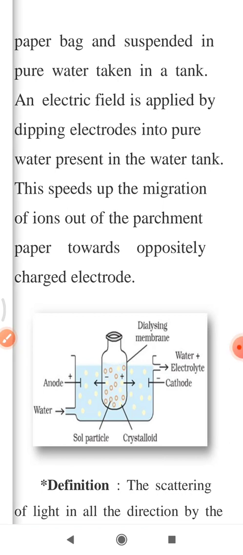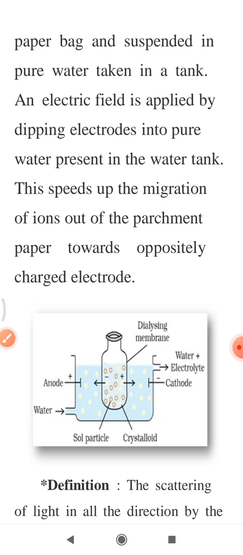So what we have to do? The salt will be taken in a parchment paper bag and it will be suspended in pure water, and an electric field is applied by dipping the electrodes in the pure water present in the water tank. What this will do, it will speed up the migration of ions out of the parchment paper towards the oppositely